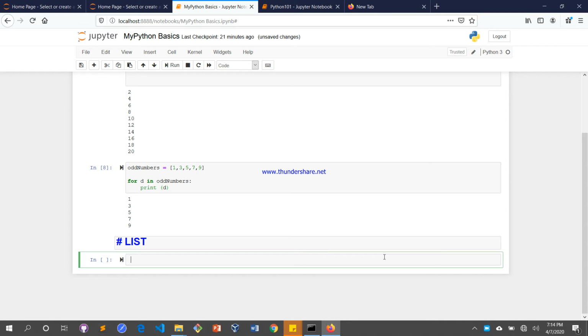Let's say odd numbers. Okay, we want to print something, and what we want to print